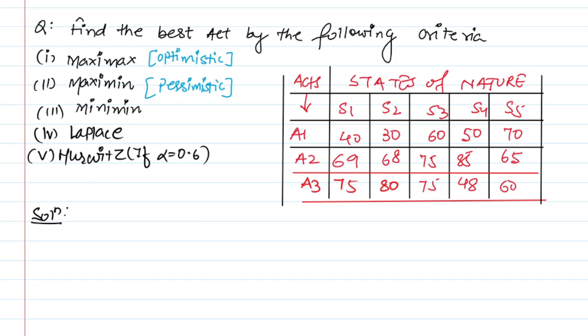Now, what is Maximax, what is Maximin, what is Minimin? Basically, these are a combination of two different words. Maximax is maximum and maximum. Maximin is maximum and minimum. But how is the weightage of the words given? Look, the first weightage is given to the word on the right. If I am considering Maximax, the first weightage is given to the word maximum on the right, and then the weightage is given to the word on the left, that is max.